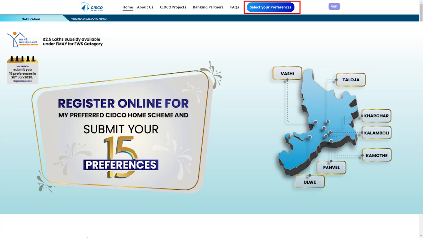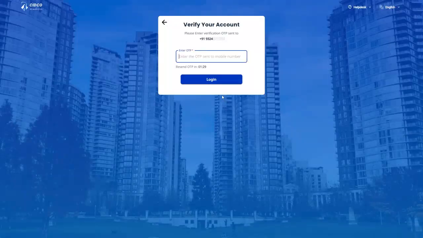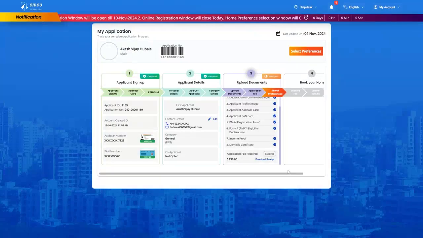Click on Select your preferences and enter the mobile number that was registered during your online registration process, followed by the CAPTCHA, and click on Get OTP. You will receive an OTP. Please enter the code and click on Login. You will be logged in to your Citco Home account. On this screen, you will see all the details that were submitted during the online registration and the status of